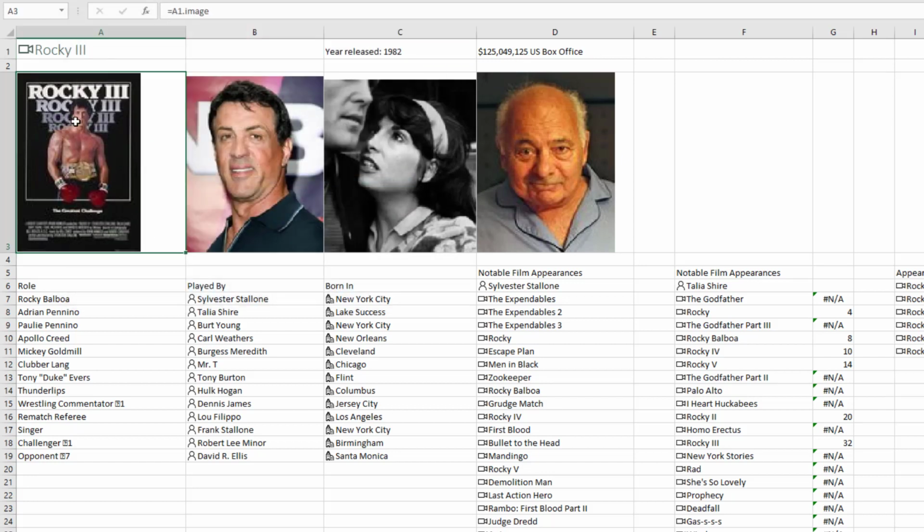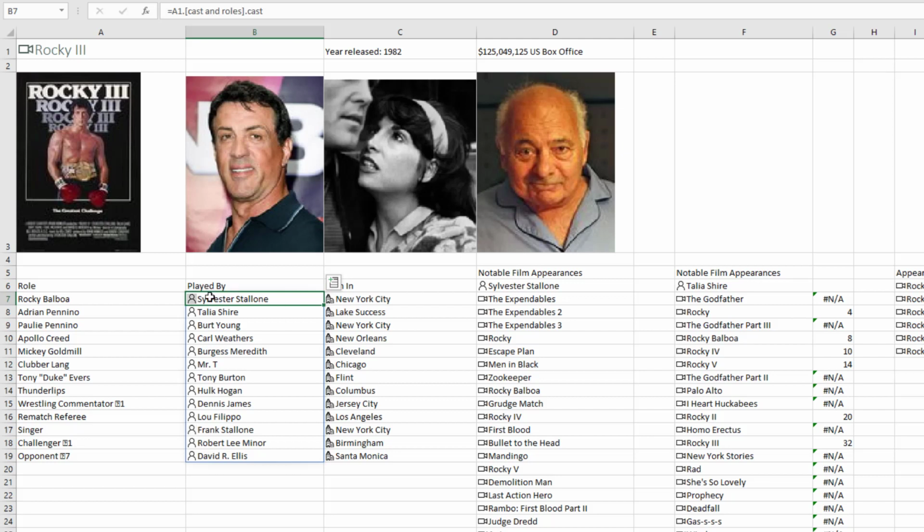All right. Now check this out. When have you ever seen an Excel formula return an image? So this formula is =A1.Image. And down here we'll have the cast. I took the first 3 cast members and got B7.Image, B8.Image, B9.Image, so the image of the top 3 billed actors in the film. Here, this is a single formula, =A1.CastAndRoles.Role, so this is the name of the characters. And then here, A1.CastAndRoles.Cast gives me the actor that played them.